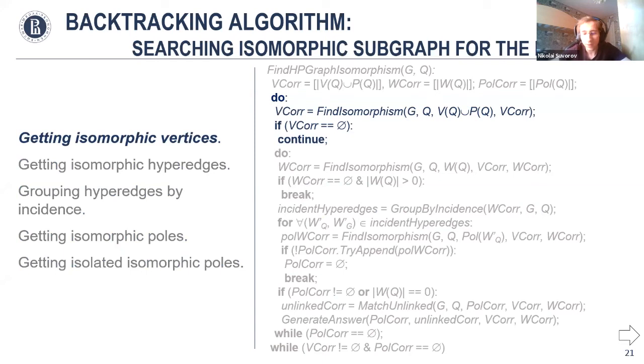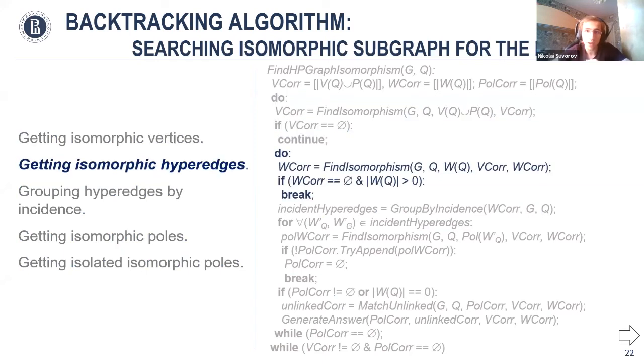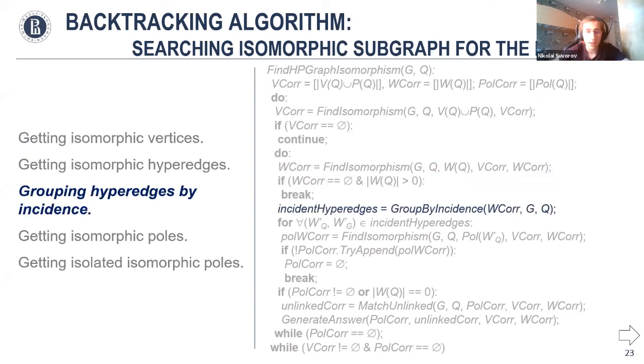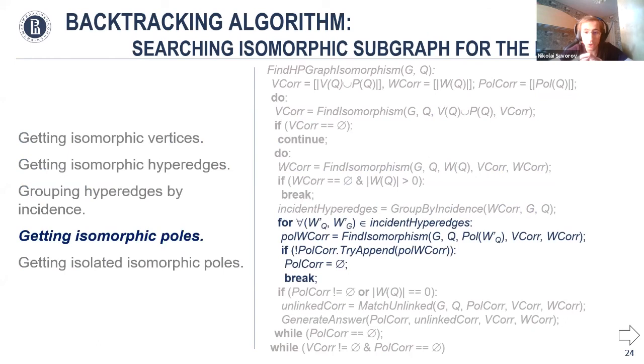isomorphism is found, the algorithm moves to the next level, where the comparison of hyperedges incident to those vertices is performed. The matching of incident vertices is also taken into account while comparing the hyperedges of graphs. If the matching is done successfully, all the hyperedges are grouped by their incidence, and for each hyperedge group, the pole matching is performed.